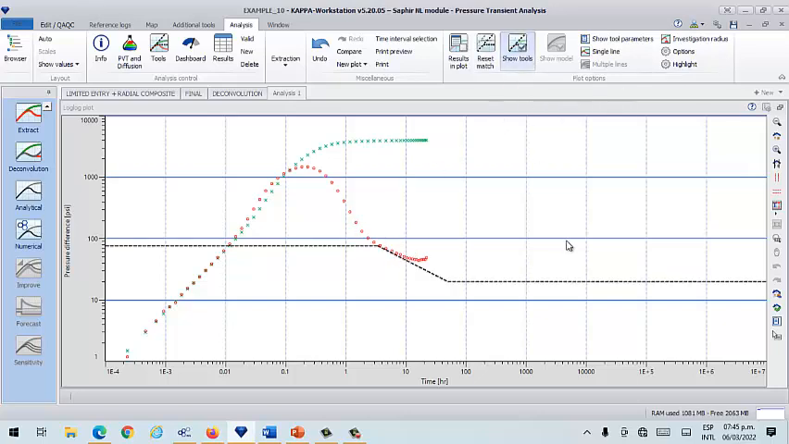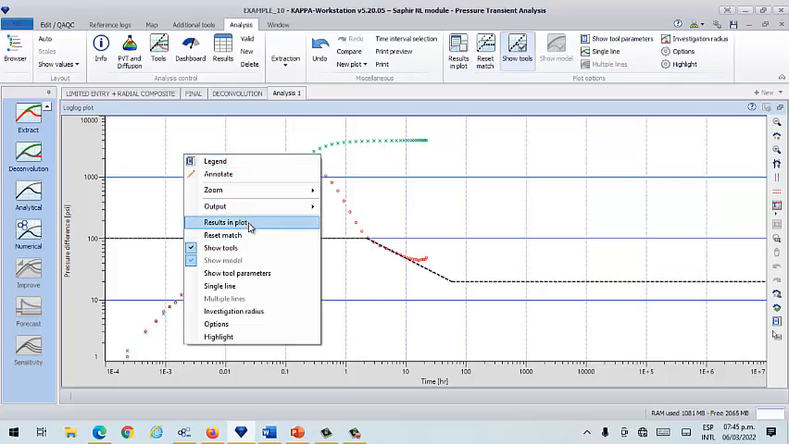Let's show some tools. This tool here is just to show you where the minus one half slope is, and you can see very clearly that this is minus one half, and you are tempted to say, well, probably this is radial flow too. Okay, so if you do this, by the way, according to this software, you can get the results in plot